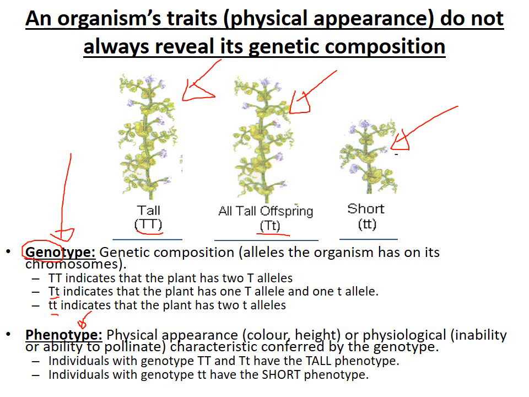The phenotype, on the other hand, refers to you describing the appearance or the expression of the characteristic. Now, to simplify, we sometimes say the physical appearance, but it could also be other things that you don't see, but it's not the genetic composition. So for example, the phenotype of this plant here, a big T, is that it's tall. The phenotype of this plant over here, the big T, little t, is that it's tall. So they both have the same phenotype, the tall phenotype. Whereas this one here, little t, its phenotype is that it's short. So genotype, the letters to represent what genes or alleles they have, and then phenotype, think physical, pheno,